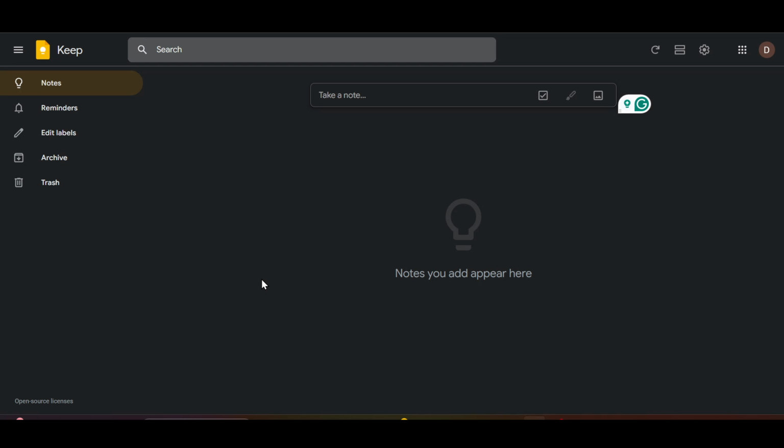So in this video, I'm going to show you how to recover your Google Keep notes that you have mistakenly deleted. So first off, head over to Google or any browser and then in the search bar type in keep.google.com,